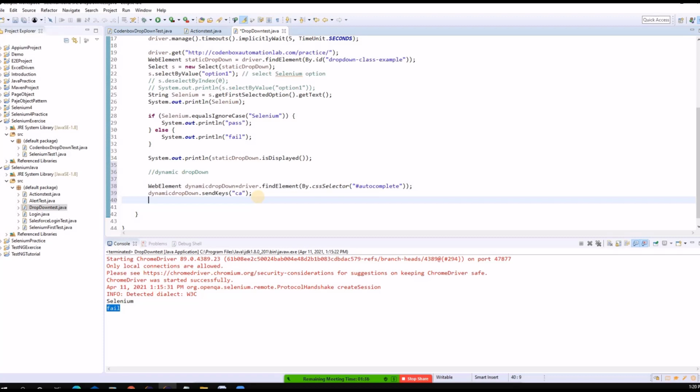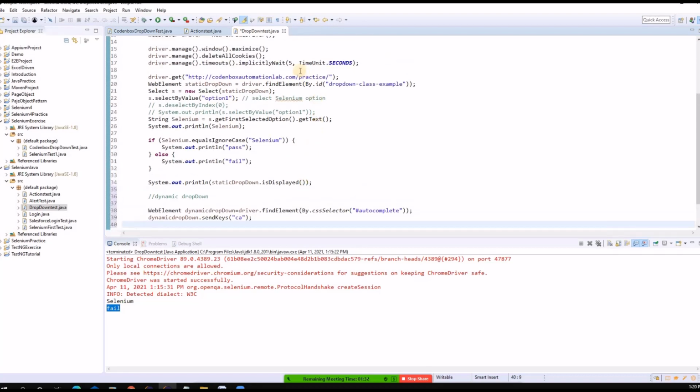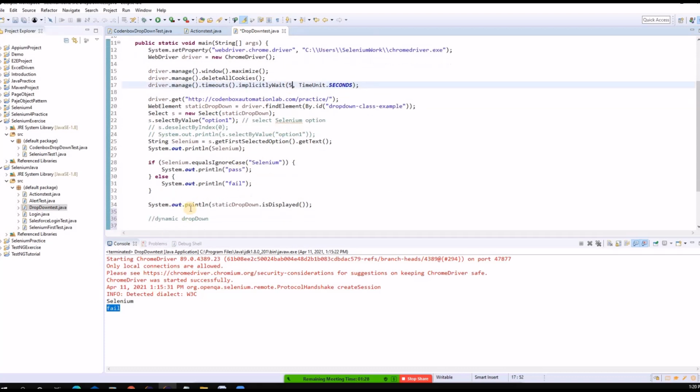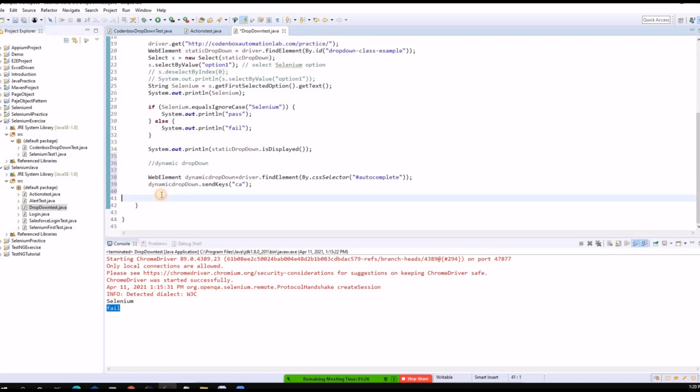It depends on how big the list is. Since we don't know, it's better to put some wait, even though we have a global wait; if our global wait doesn't work, then use some local wait. Say we can try without this and see what happens, but I'm just giving you this as a note. And then let's now use our